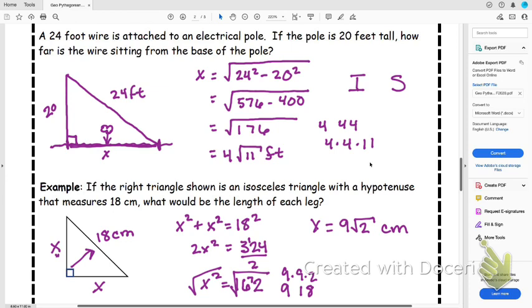Okay, so today it is all about the Pythagorean theorem. Can you tell me it? A squared plus B squared equals C squared. What are A and B? The legs. What is C? The hypotenuse. How do you know what the hypotenuse is? It's longer, opposite the right angle. So let me